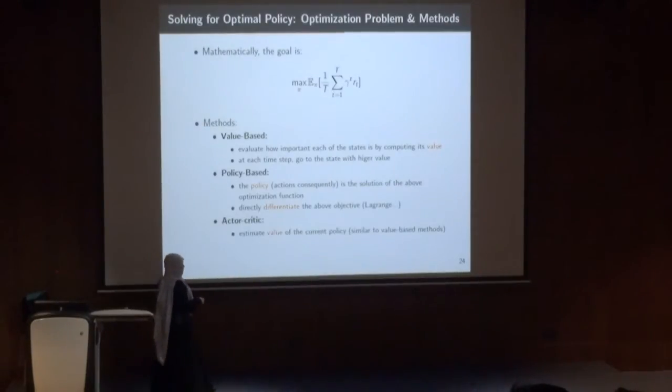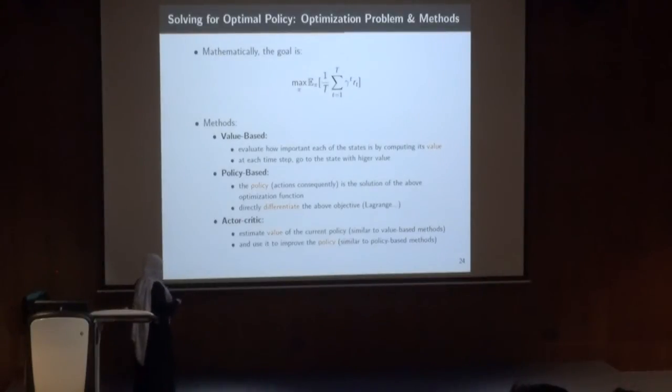The actor-critic methods are a combination of both methods. We compute the value of each state, and we use these values to critique the policy and to update it. So we have a value and we have some kind of policy, and we're doing the combination. And finally, we have model-based, which is not mentioned here.